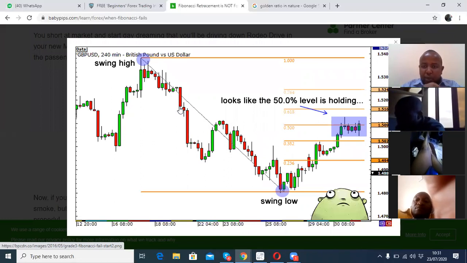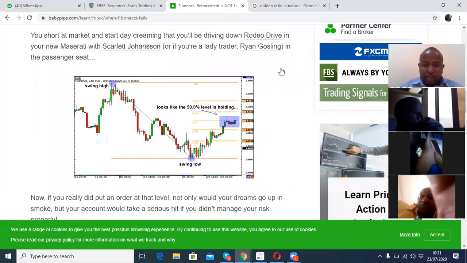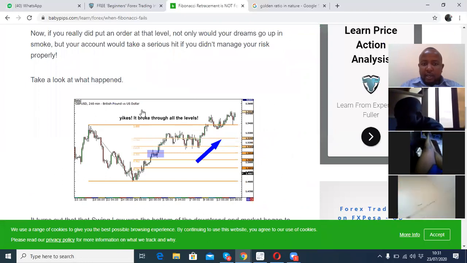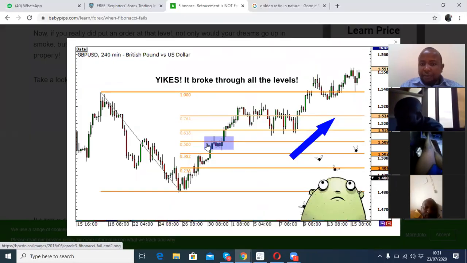This is a good example. It looks like the 50 level was holding. You can see 0.5. Now that will be working as the 50% mark. Then we have our swing high, and we have our swing low here. So let's continue. You can see exactly now the 50 was broken. It was already broken by this candle. This very long candle broke the 50 up to